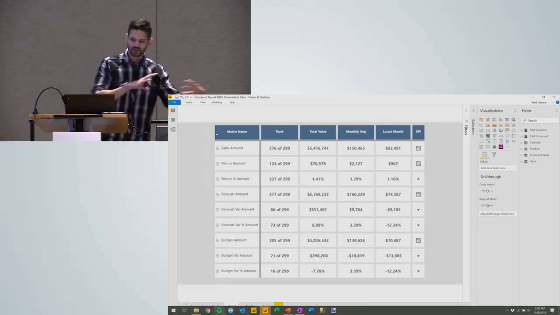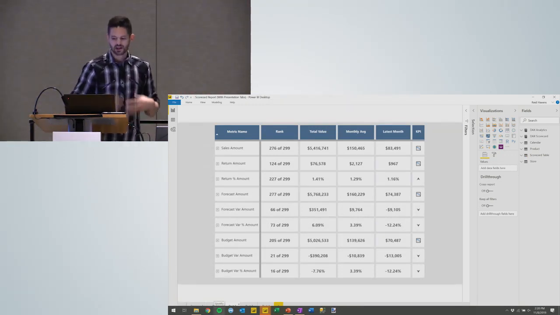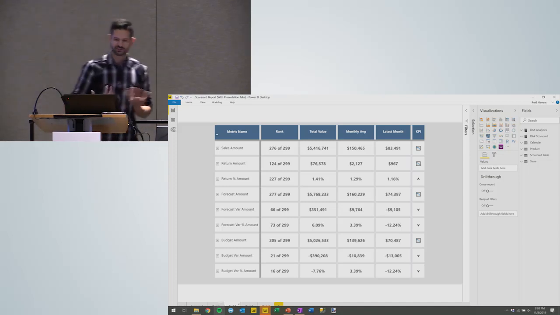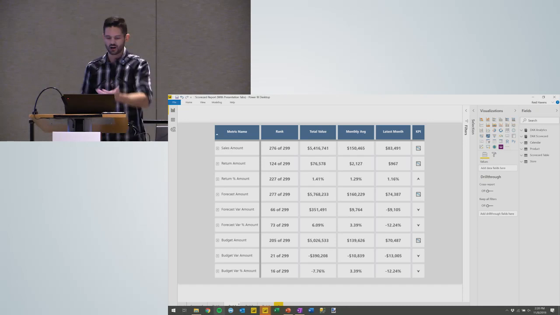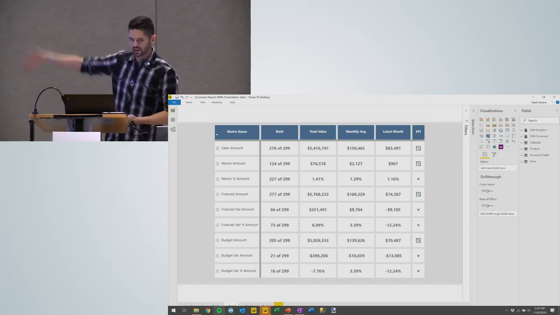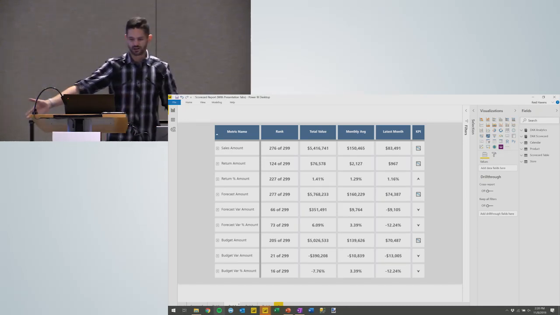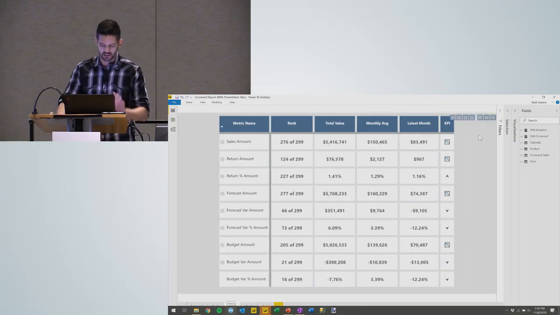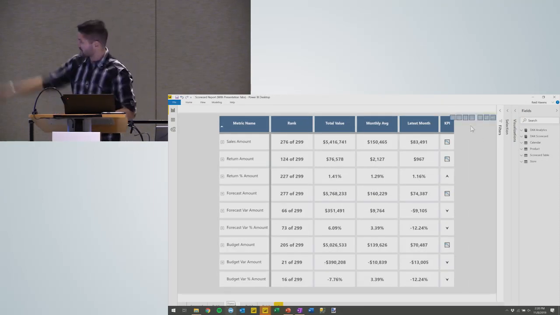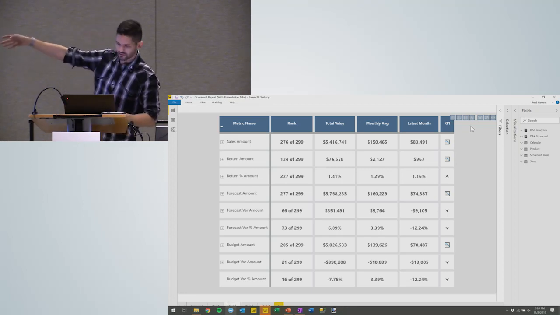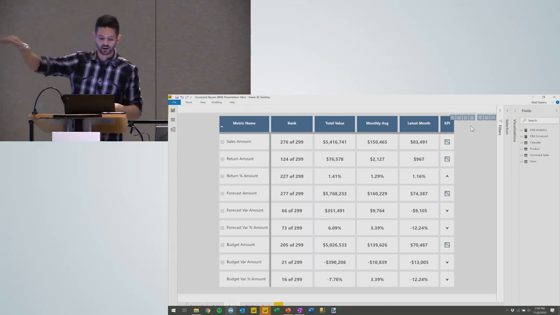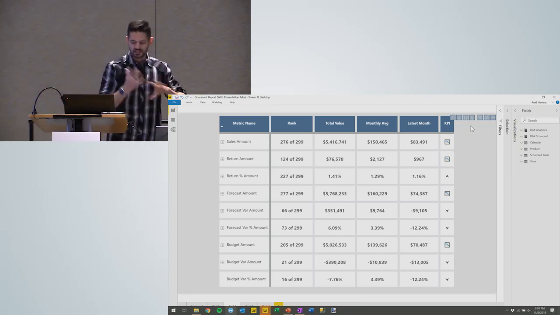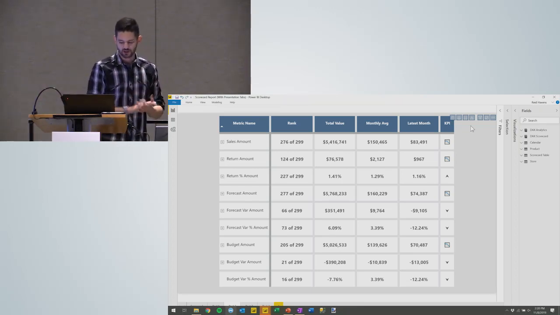All right. So we've had an understanding of the table, kind of bringing it in. Now I want to talk about how I got this grid, or this arrangement of values in this order, because this isn't a column that I can bring in. I don't have a rank column that exists in my data model. I don't have a total value column. These measures were created, and it's actually a rank measure, total value measure, et cetera, that is returning all of these per row with the different amounts, given the need to have this very unique and specific arrangement.